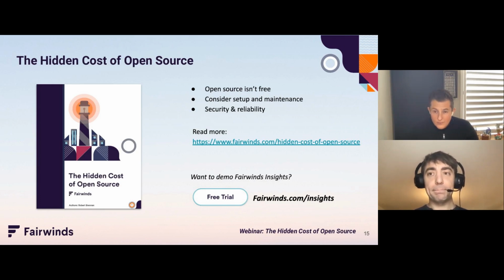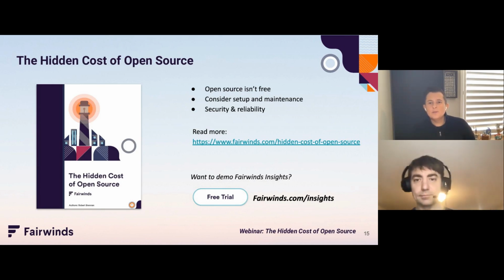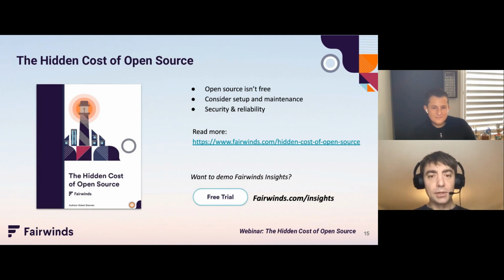So you sort of just answered this, but I'm going to ask the explicit question anyway. Can you give an example of an open source solution leading to a costly security incident? So you gave some sort of high level, but any specificity you want to add there? Yeah, so I did mention earlier there was a recent Kubernetes issue where people had misconfigured Kubernetes and they left